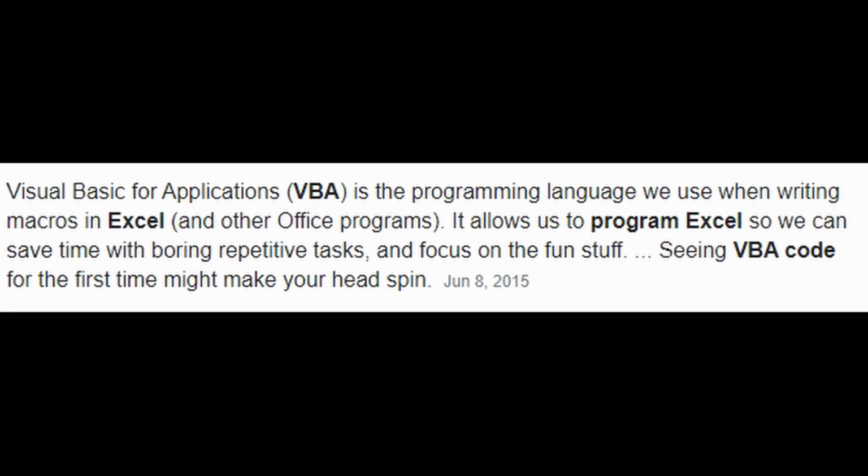Things that you do every month or every day, where it never changes and you do the exact same steps, that's when you should apply a VB macro, so it doesn't take you hours to do the same thing over and over again. You can build the code and then it runs